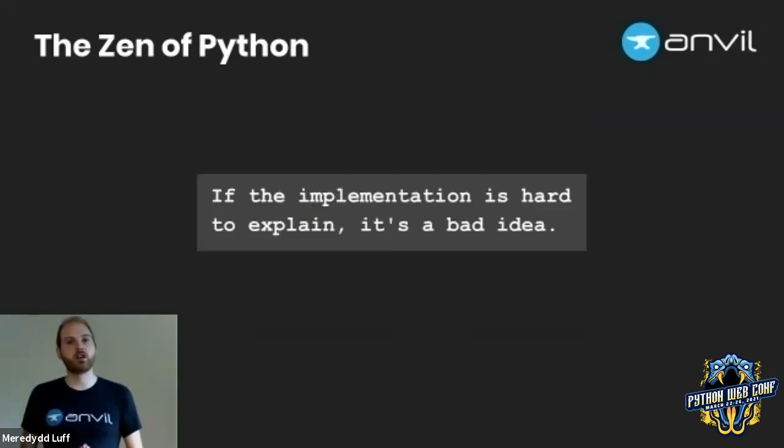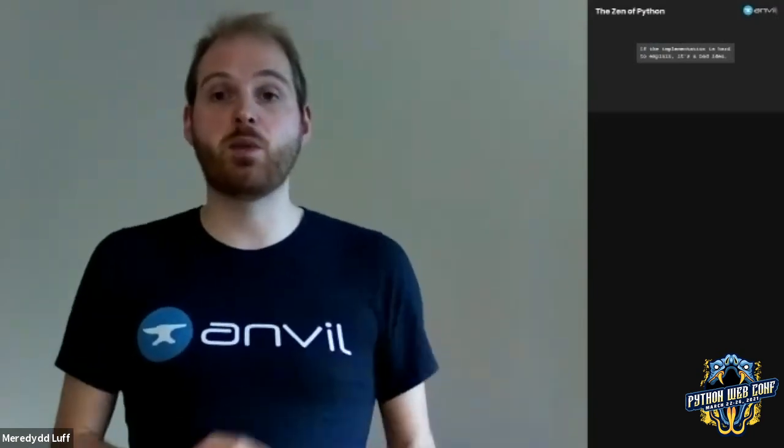If the implementation is hard to explain, it's a bad idea. Now, why is that? Well, if and when your abstraction leaks and starts leaking its implementation details, your poor user is going to have to understand how you built it. And if your implementation is hard to understand, they're going to have a hard time doing that. If it's easy to understand, then actually your abstraction leaking doesn't hurt them so much. So we can use rules and guidelines like the Zen of Python to help us build abstractions that are less likely to leak and less damaging when they do leak.